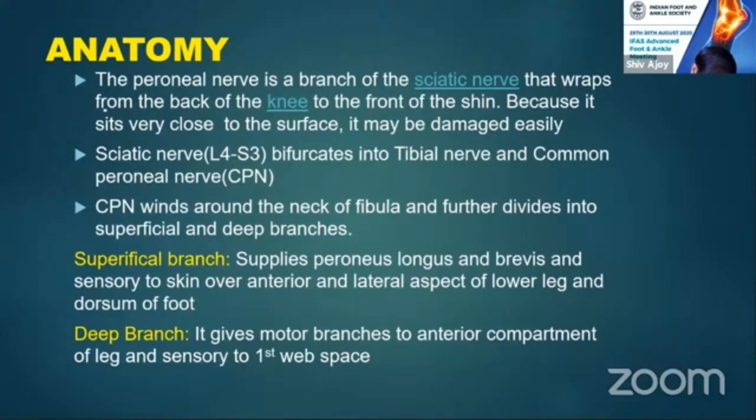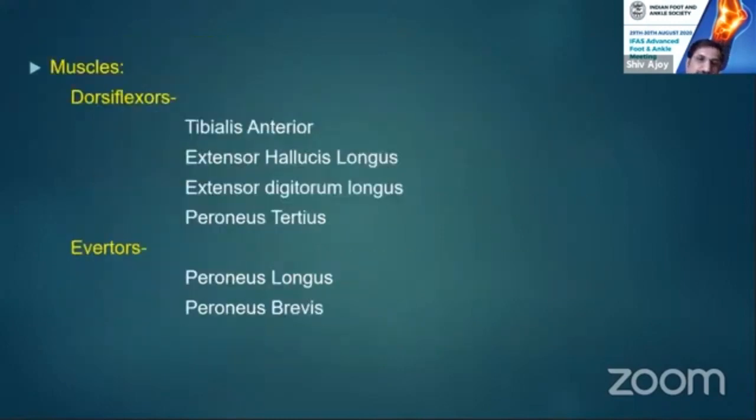So the CPN winds around the neck of the fibula and divides into two branches, that is the superficial and the deep branches. The superficial branch supplies peroneus longus and brevis and is sensory to the skin of the anterior and the lateral aspect of the lower leg. The deep branch gives motor branches to the anterior compartment of the leg and the sensory branch to the first web space. The main muscle supplies are the